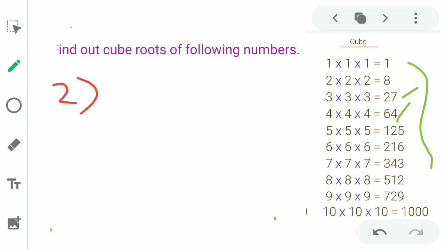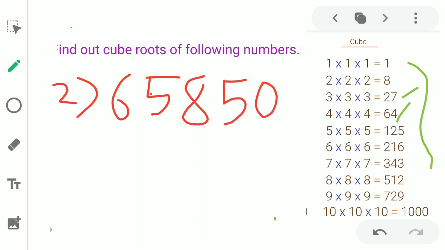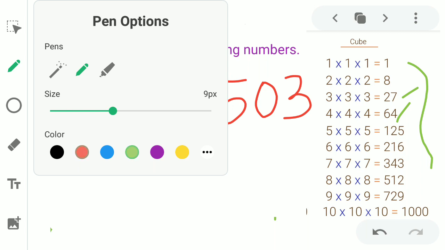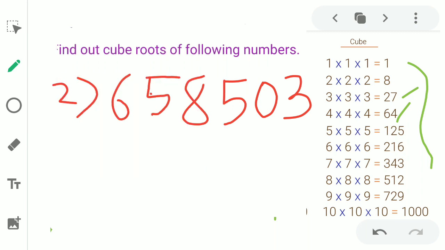Now let's slide it a little small. So second question goes like, find out the cube root of, I will take some big number, 6,58,503. To find out the cube root of this number, again what we have to do is divide this number,